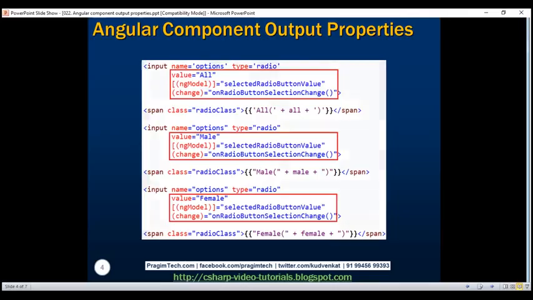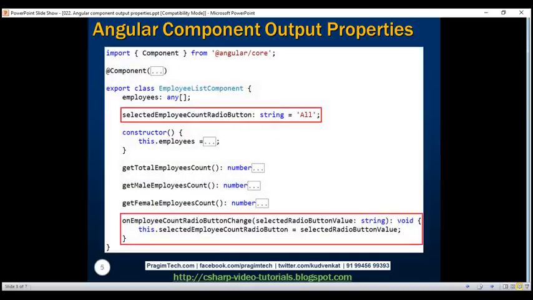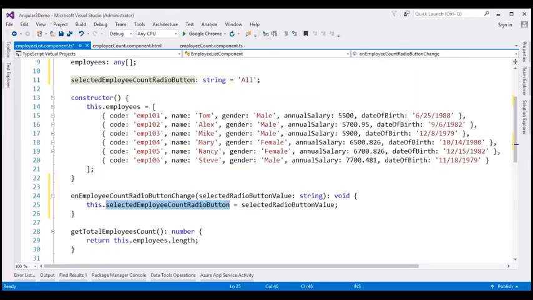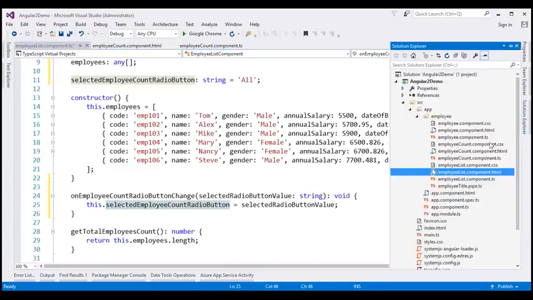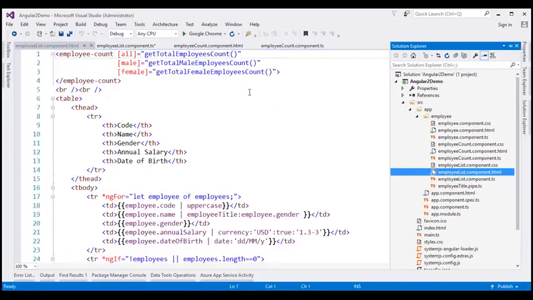So on the next slide, we have the two changes which we have just made in the component class of our employee list component. Finally, let's look at the changes required within the view template of our employee list component. So let's open employee-list.component.html, and what we want to be able to do is bind to the custom event that we are raising